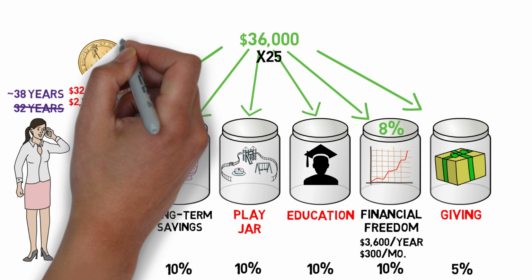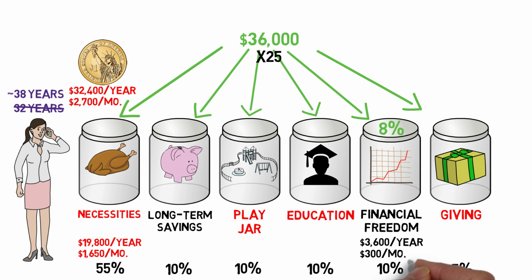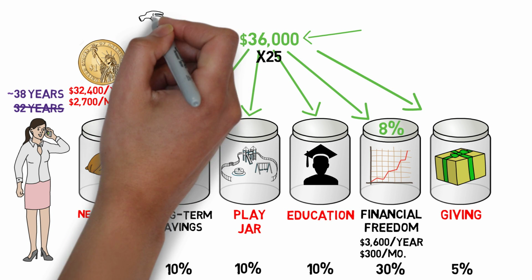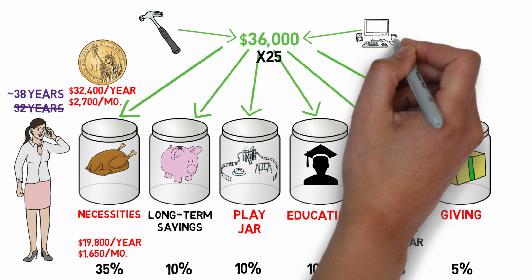What I'm getting at here is that in Jane's case, since she values that financial freedom so highly, she may want to adjust some of the percentages in that financial freedom jar so that she can live her dream line earlier on in life. If she doesn't, it's quite possible this budget could fail her. Unless, of course, she takes a page out of Ecker's playbook, a page that I wholeheartedly agree with, and starts to generate a passive income stream, or even multiple passive income streams, through not just investing, but